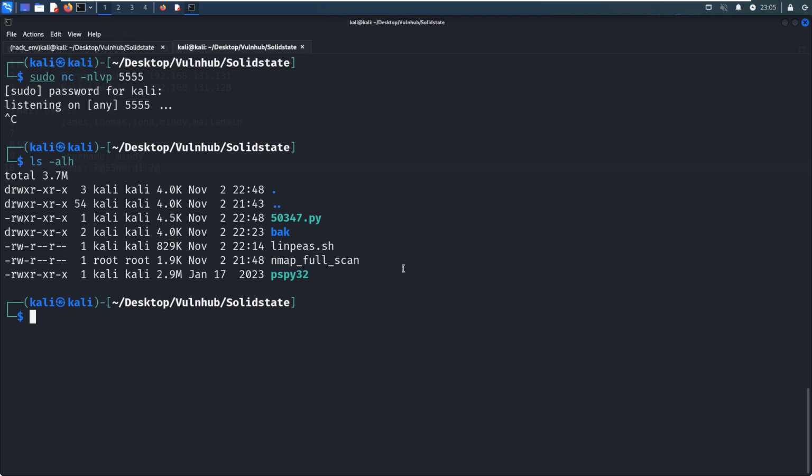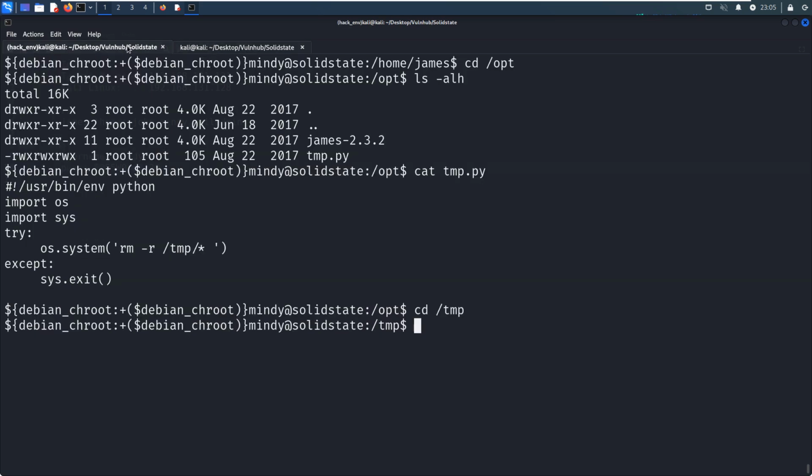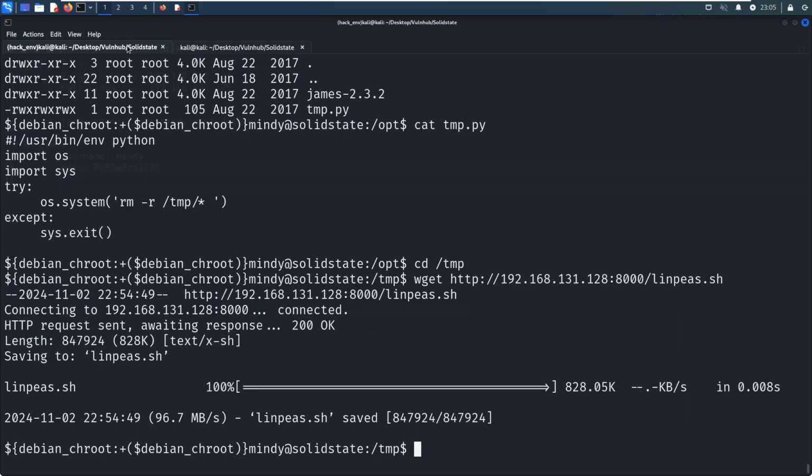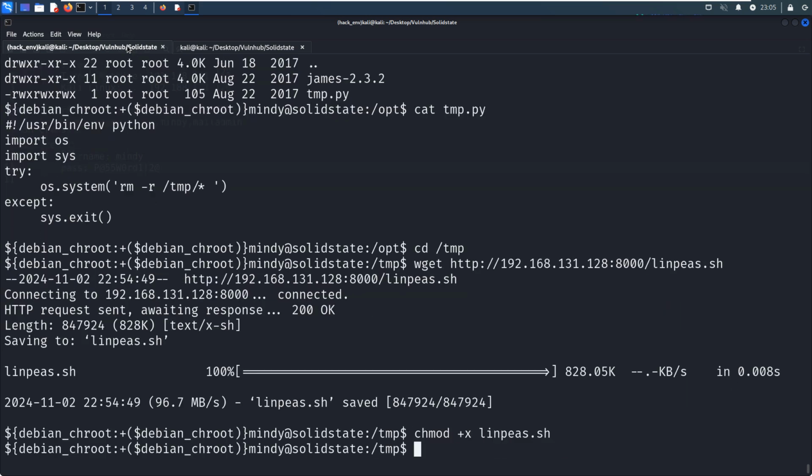There are many ways to upload this file to the target, but I prefer to use Python to set up a web server locally, and then we can use wget to upload. Oh, sorry, this should be the IP address of the Kali Linux and the default port number of the Python HTTP server. And linpeas is done. We can make it executable, and then we can run it.